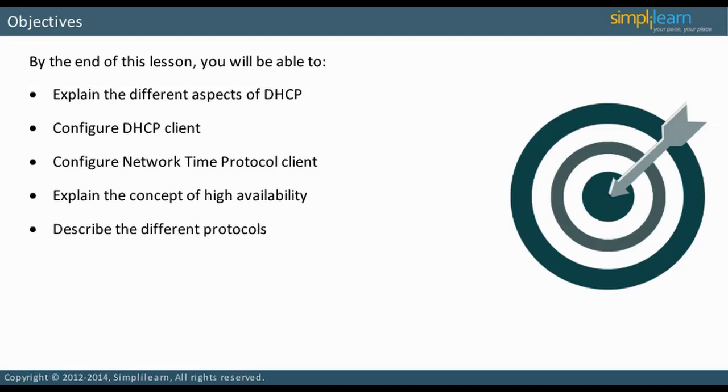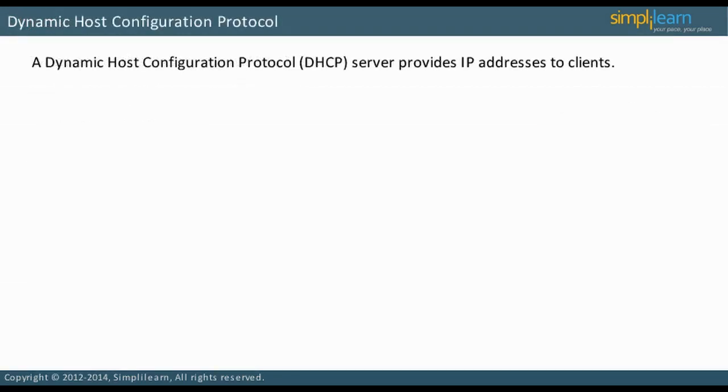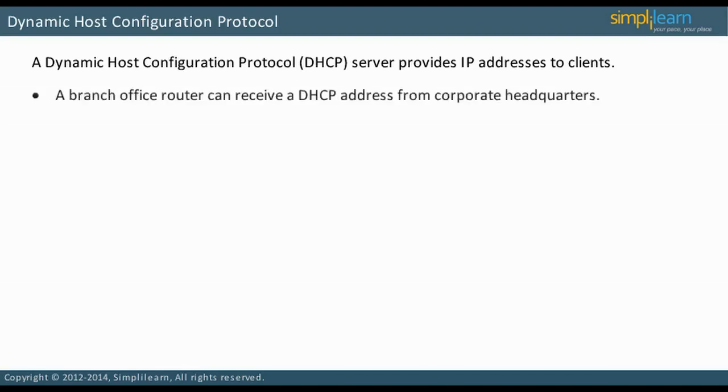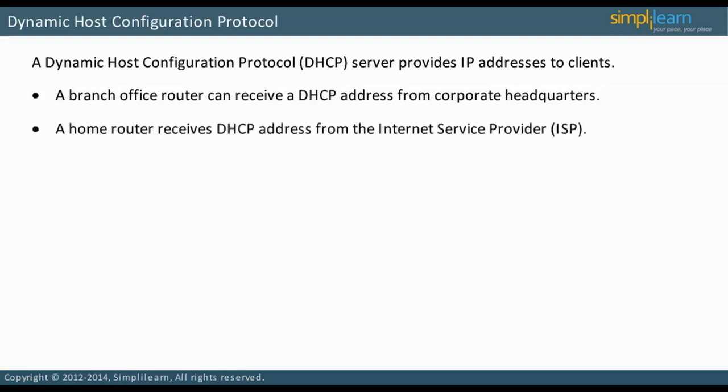Let us start with DHCP. A Dynamic Host Configuration Protocol DHCP server provides IP addresses to clients such as PCs and printers that request them. A Cisco router can be a DHCP server or a DHCP client with no additional software. A branch office router can receive a DHCP address from corporate headquarters. A home router receives a DHCP address from the Internet Service Provider, ISP. Both the branch office router and the home router can then function as DHCP servers to the devices on the